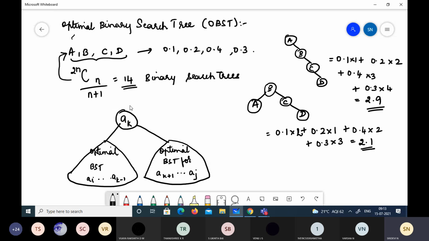Hence, when you construct an optimal binary search tree, the key which is selected as root will have the left subtree, which contains keys in the range A_i to A_(k-1), and here we will have the right subtree which contains keys A_(k+1) to A_j, if i and j are the starting and the ending points. Okay, so we will derive a recurrence relation using this dynamic programming algorithm, and use it to find the optimal binary search tree.